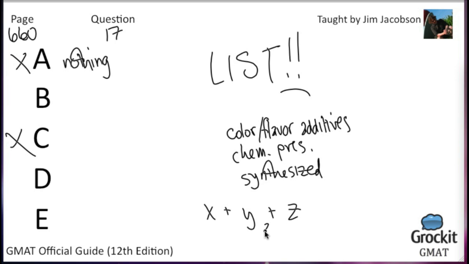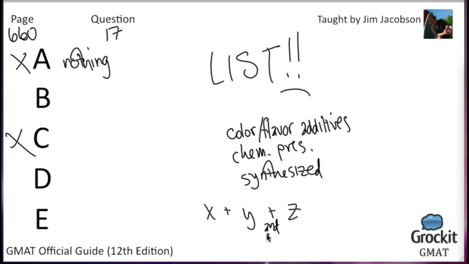Even though the and only appears before the final thing, the implication then is that it is all of those things together. So a food can only be listed as natural if it does not have color or flavor additives, chemical preservatives, and